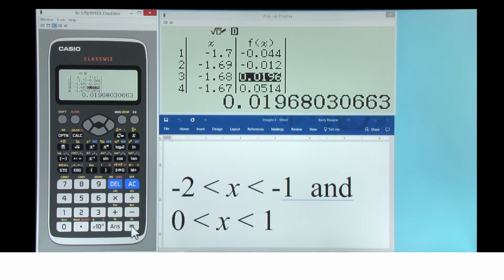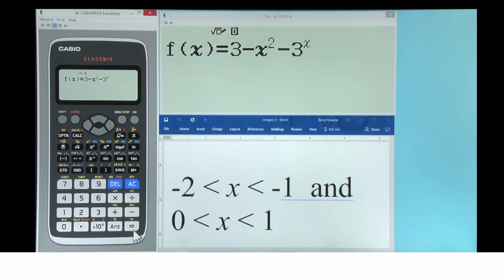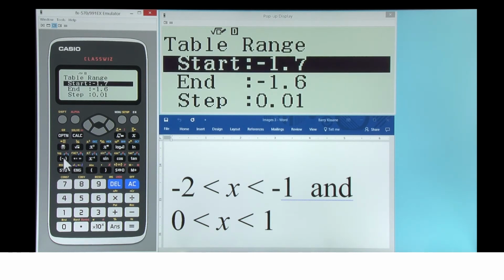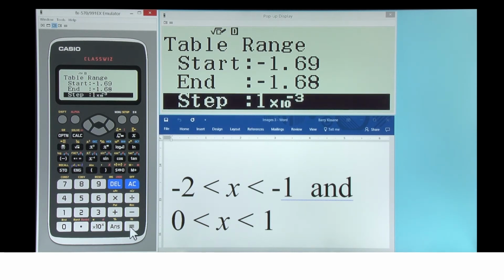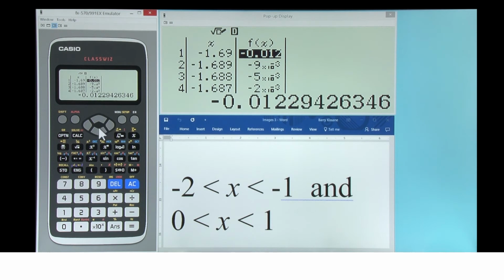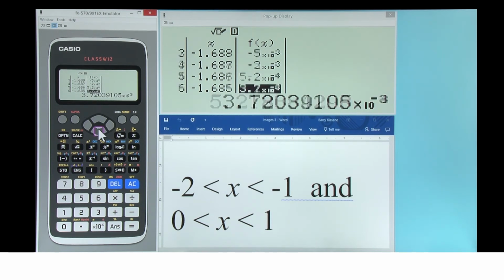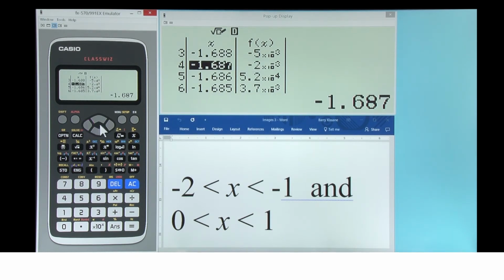We could continue with clear, -1.69 and -1.68, and repeating the process, improving the decimal places by 1, and look for the change from negative to positive, which occurs there between -1.687 and -1.686. So there's a root between -1.687 and -1.686.